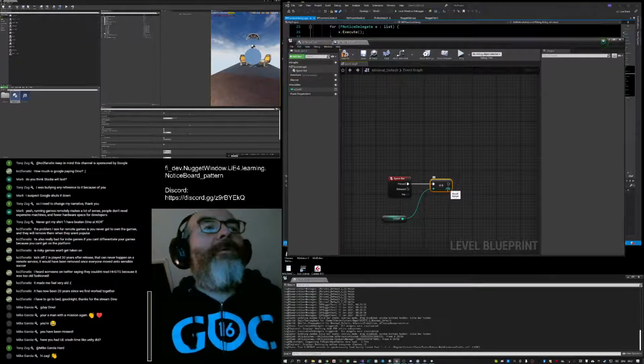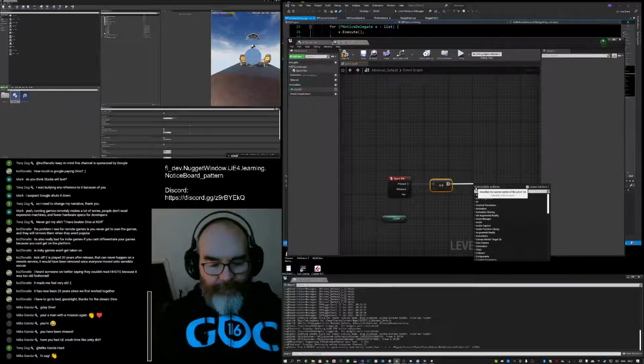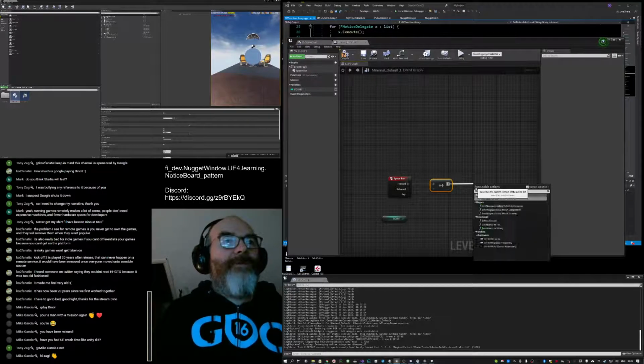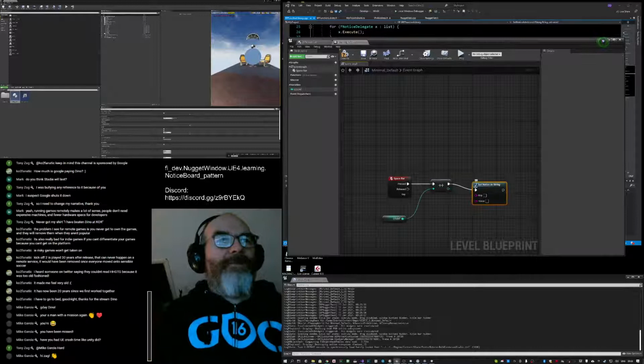So what we need to do with this is convert it to, well, set notice as string, because set notice as int doesn't work yet.